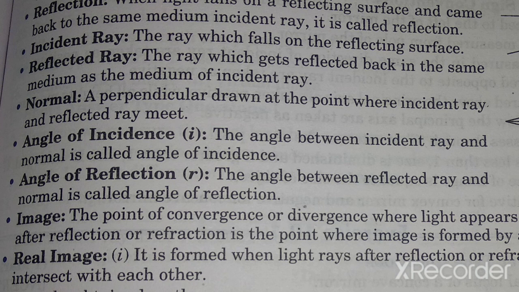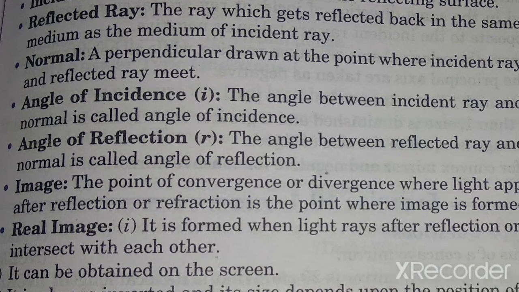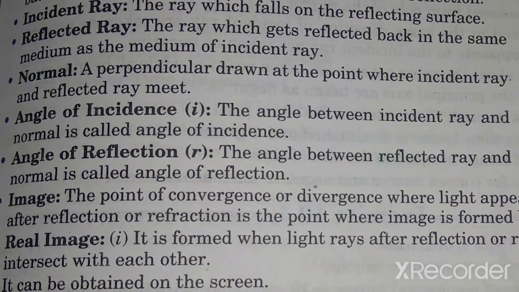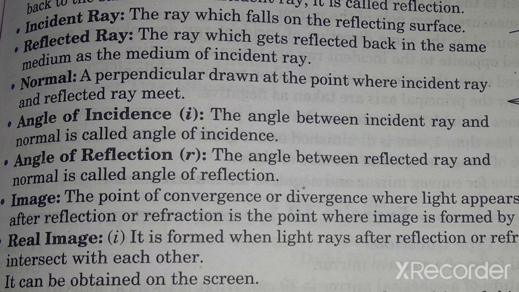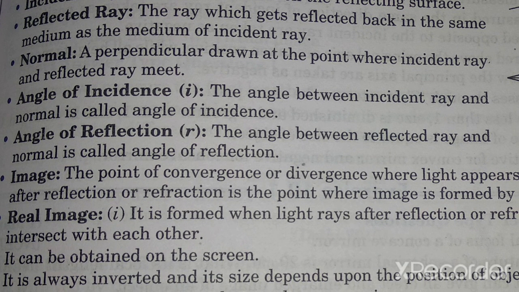Again, what is angle of incidence? First of all, angle of incidence is represented by a small letter i. The angle between the incident ray and the normal is called the angle of incidence. I have shown you in the earlier video, and I have explained it also. Okay, so in the laws of reflection, I have told you that angle i is equal to angle r. Angle i is always shown with the small letter i, and it is formed between the incident ray, the ray which came on the reflecting surface, and the normal which is perpendicular to the surface. So that angle is known as angle i.